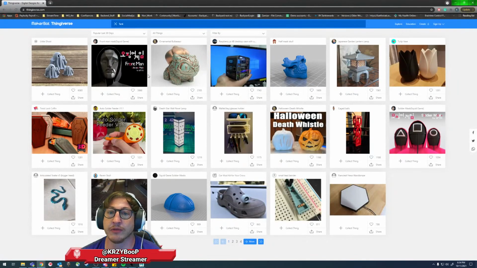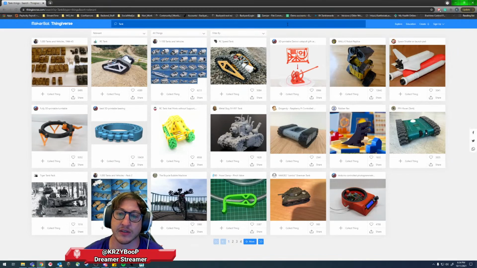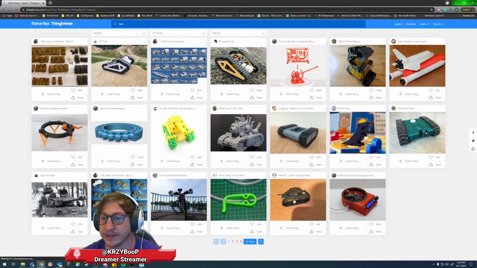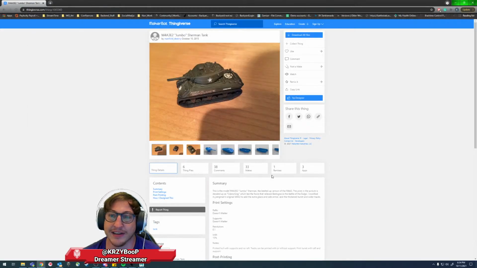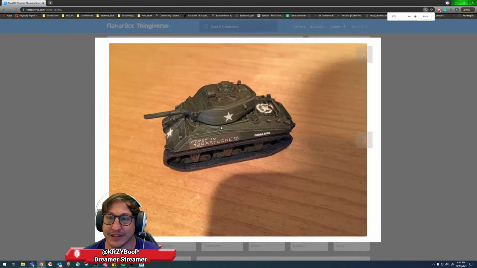But now, tank is what I typed. Tank. Enter. And then you get a bunch of tanks. Look at all these fun things. I think I got this one. I think this is the one I got. Yeah. This is what I'm printing. So you can see...